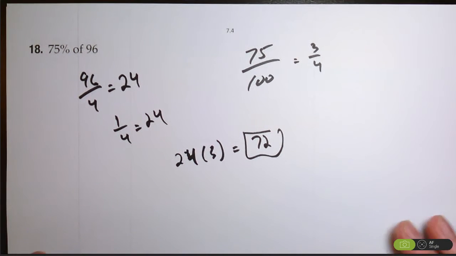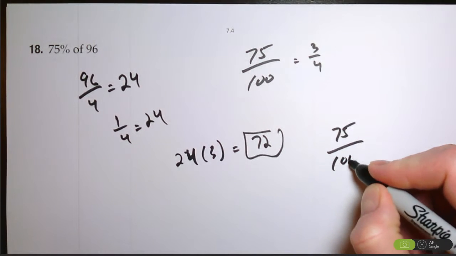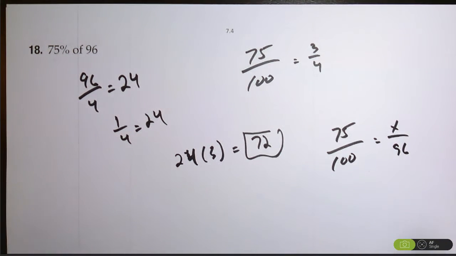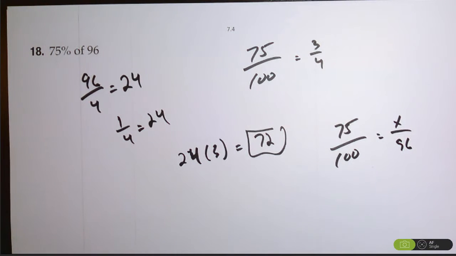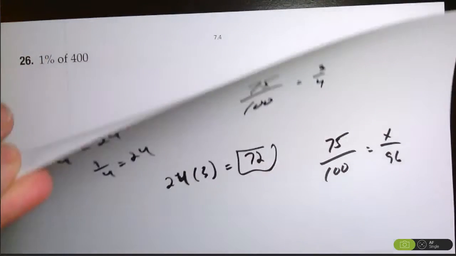Now again, all of this, take it with a grain of salt. You could have always just done 75 over 100 equals x over 96 and done the proportion, and I'm perfectly fine with that. But the point is just to do simple arithmetic or maybe simple mental math. Okay, so that was number 18 from the homework. The next one from the homework,